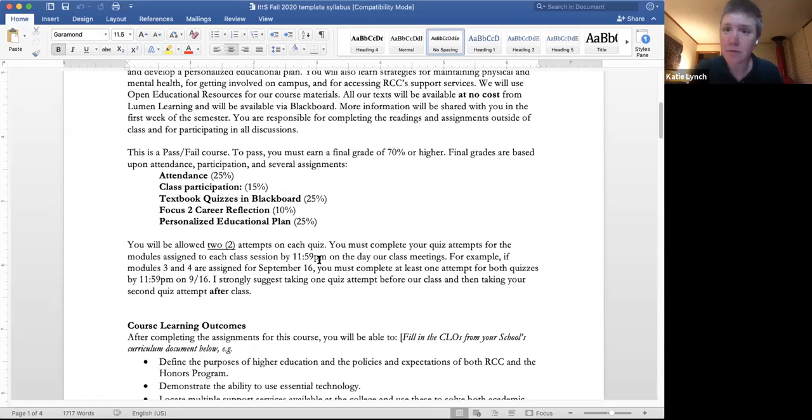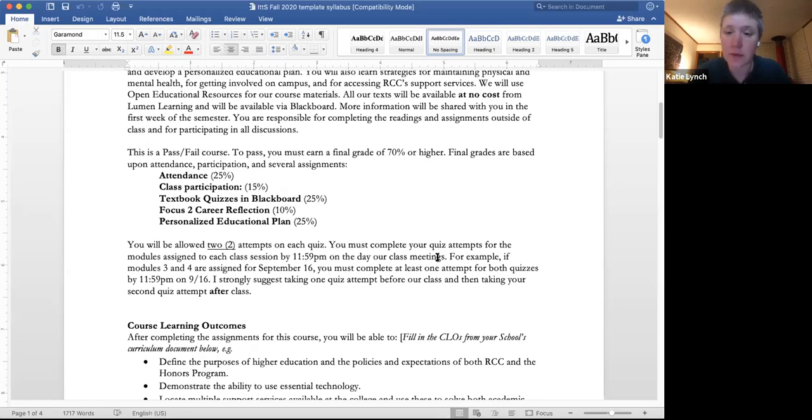For example, you might get peer mentors in your class that are supported through the Title V grant. And so we need to do some assessment that allows us to have the level setting across the board. So after I talk about the kinds of assignments and how they break down in terms of a grade, I explain you'll be allowed 2 attempts